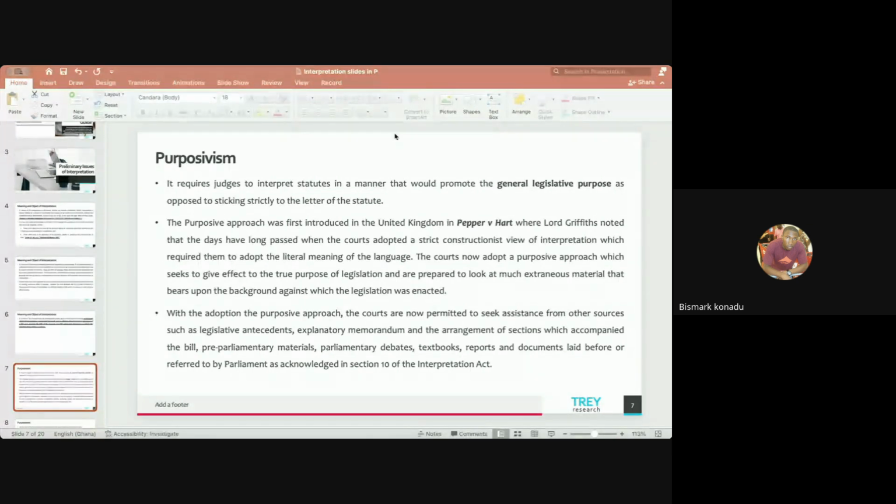Section 10(1). Where a court is concerned with ascertaining the meaning of an enactment, the court will consider: (a) the indication provided by an enactment as printed, published or distributed by the government printer; (b) a report of a commission, committee, or any other body appointed by the government or authorized by Parliament, which has been presented to the government or laid before Parliament, as well as government white paper; (c) any relevant treaty, agreement, convention, or any other international instrument which has been ratified by Parliament or is referred to in the enactment of which copies have been presented to Parliament, or where the government is a signatory to the treaty or the other international agreement, and the travaux préparatoires